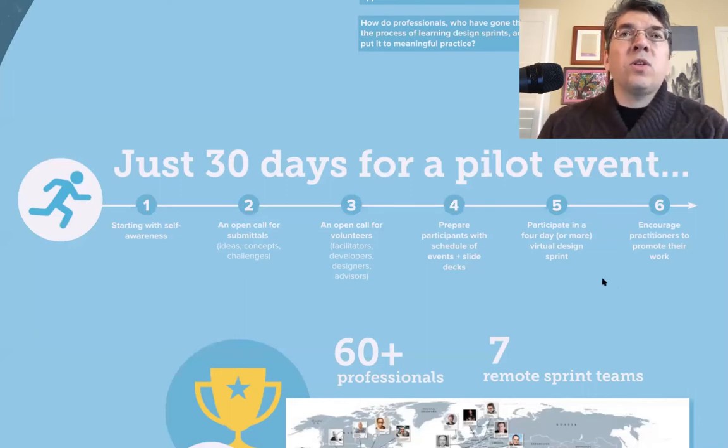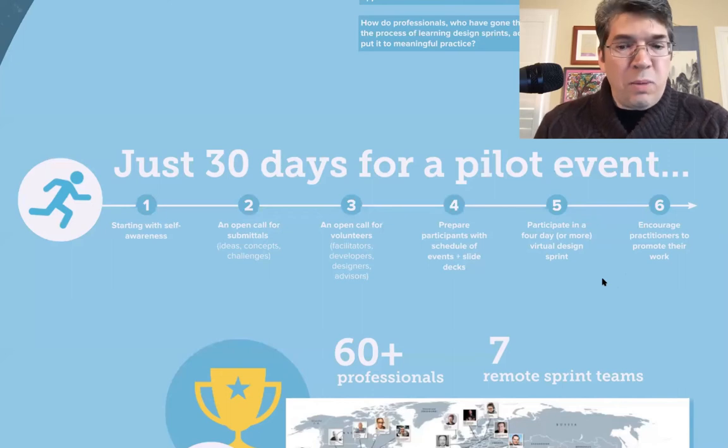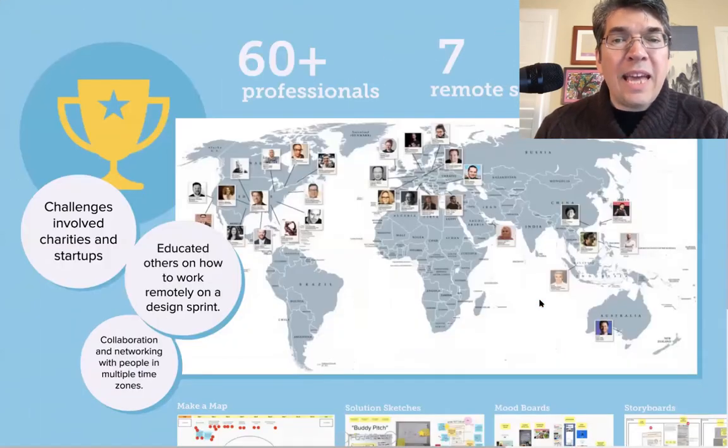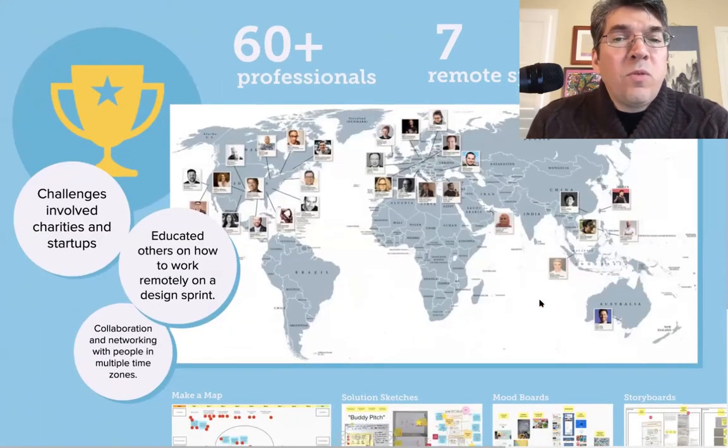Originally I thought it was going to be five or six people who could carve out some time, maybe one team, possibly two. But as the numbers started to come in, I realized this was a little bit bigger than what I thought. At its apex, it was about 60-plus professionals and 7 different teams from all over the globe. My challenge was basically to link them up by time zone, by challenge, by their professional outlook on what they wanted to get done, and really organize teams in a way that made this thing work.